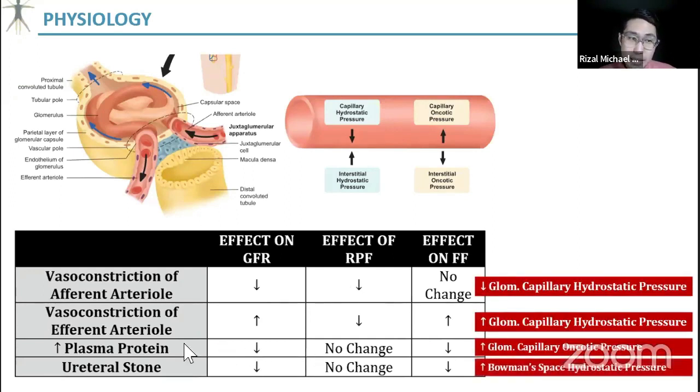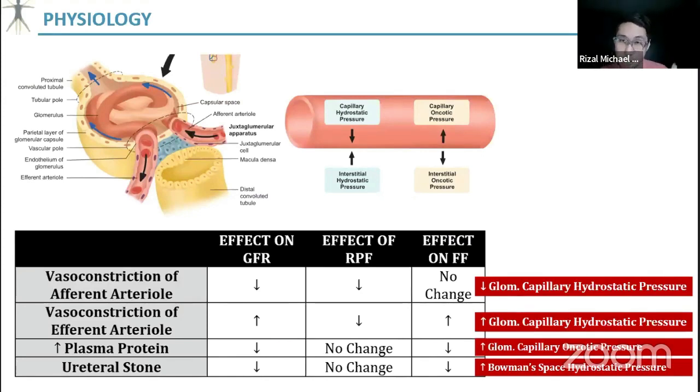So let's try to look at your efferent arteriole constriction. If you constrict the efferent arteriole, yung plasma flow mo hindi makakadaan, right? So that means your plasma flow will be decreased. So 1 point. What will happen to your GFR? Since nag-constrict yung efferent mo, yung plasma flow mo hindi nakakadaan, magba-backflow lang siya sa glomerulus mo or may ipon lang sila lahat sa glomerulus. So in the glomerulus, sobrang daming plasma. So madami kang pwedeng i-filter. So your GFR then will increase. Okay? Your GFR will increase.